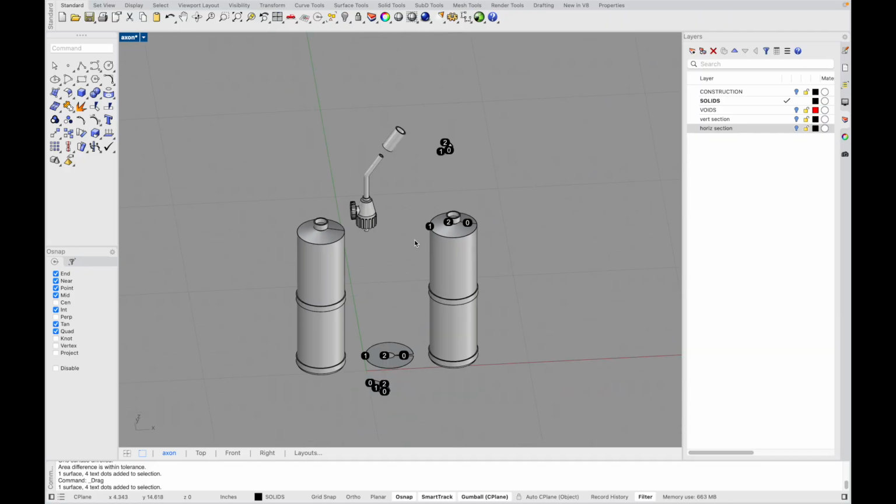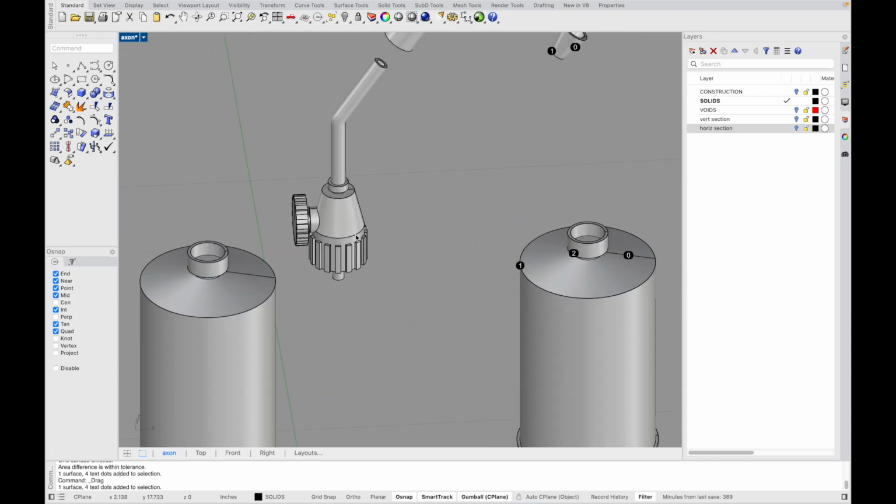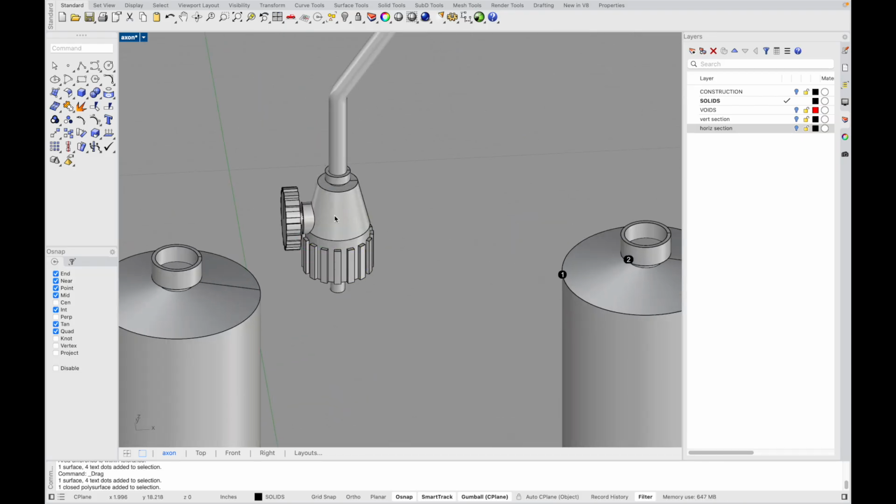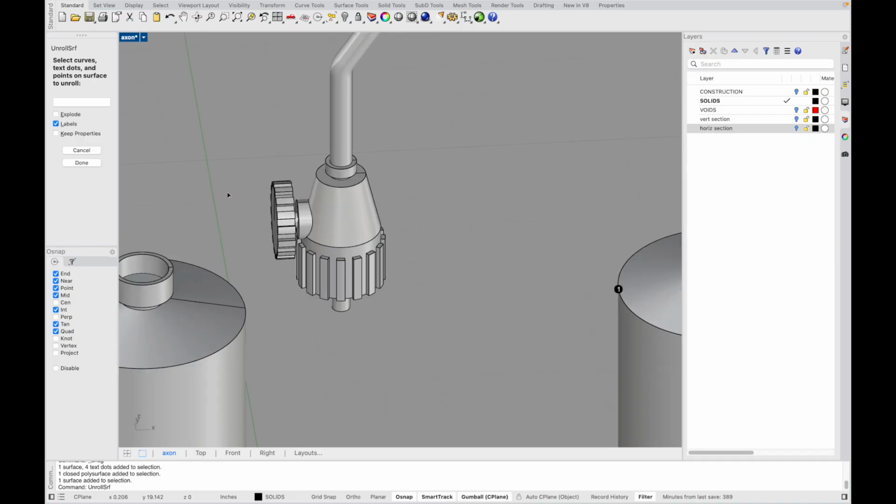Now this will only work with surfaces that have what's called single curvature. So things like a sphere, it's not going to do that with, because you can't just unroll a sphere. But anything like a cone or a cylinder or a long ribbony thing, this will give you the shape that you need to have to make that. So like a shape like this. Or there we go. So if I explode this guy,